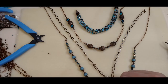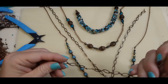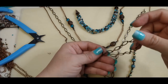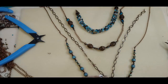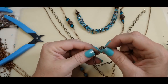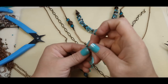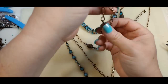So I think with this one I'm going to use a little bit more of this decorative chain that I've got, and I don't have a whole lot left of it. Let's see if I have enough to do the sides of that. I don't know that I do. I think I do. Okay, so I'm going to take this decorative chain. I'm just going to cut it in half. Find the midway point